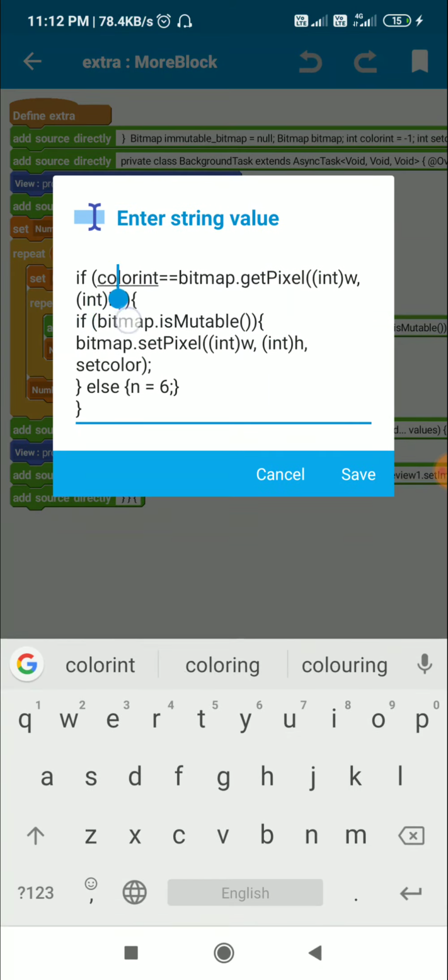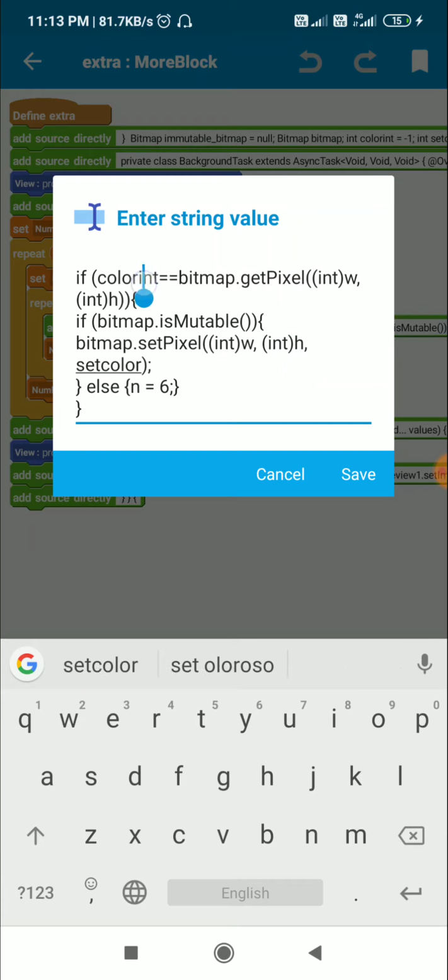So here I check if color int, which is the selected color, is equal to bitmap.getPixel(int w, int h). So I check if the selected color is equal to the color at w and h. W and h will vary from 0 to width and 0 to height, which means it will completely cover the image. So if the selected color is equal to the color at that point, then if bitmap is mutable, then bitmap.setPixel(int w, int h, set color).